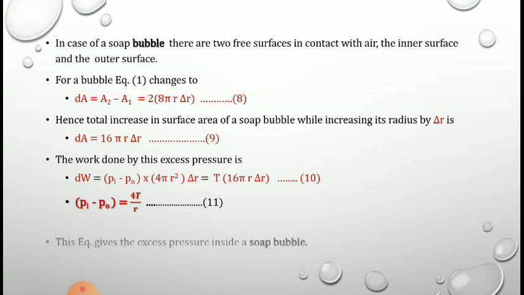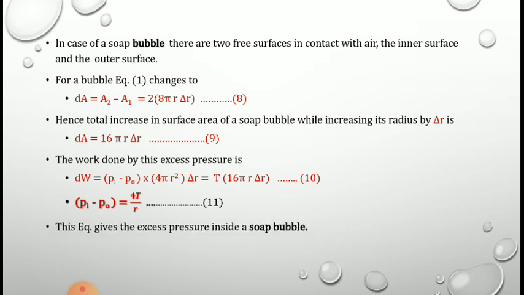So this is the equation for the excess pressure inside a soap bubble, which is 2 times greater than that for a liquid drop. This derivation is called the Laplace law of spherical membrane, or it is also the expression for the formation of drops and bubbles. This derivation can be asked for 3 marks or 4 marks also, but typically it is generally asked for 3 marks.